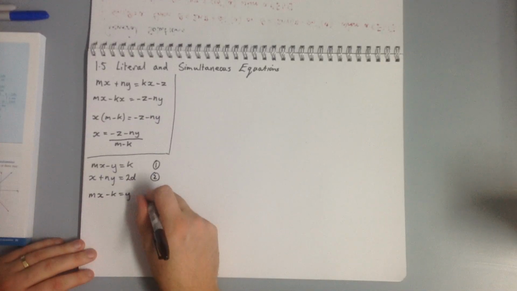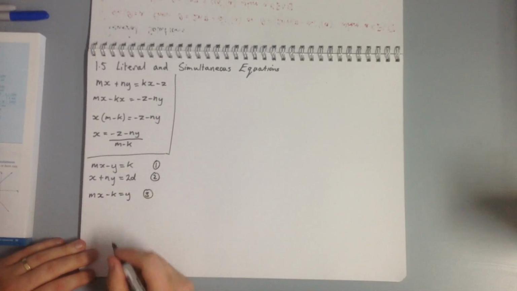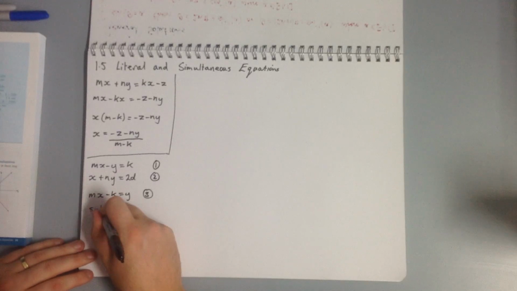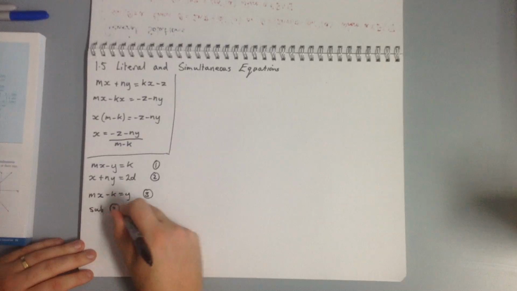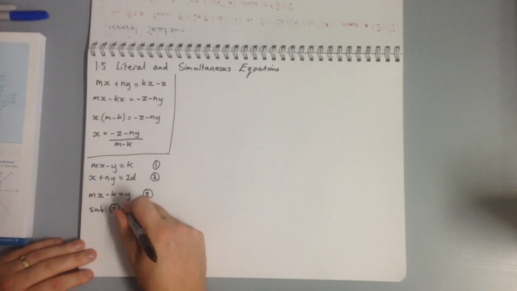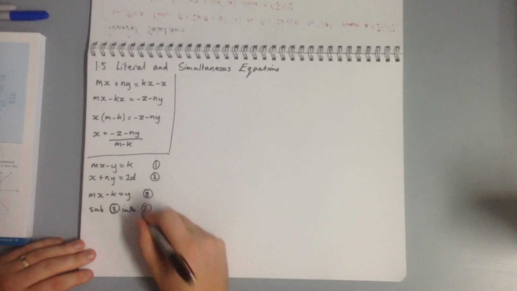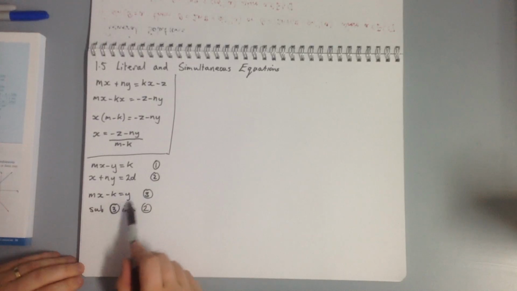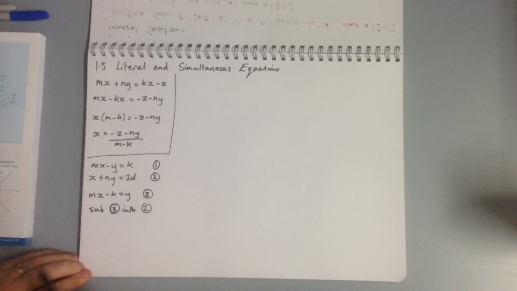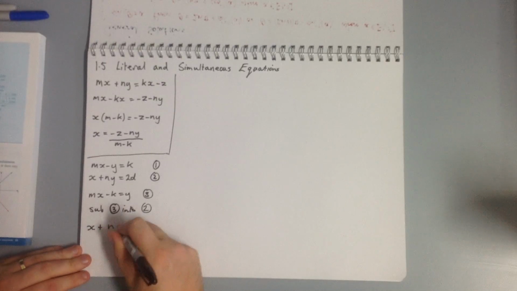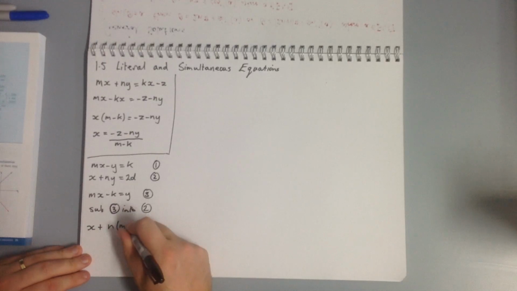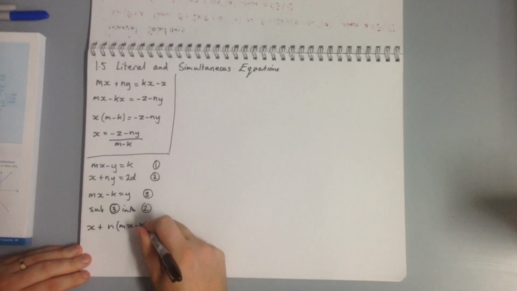I might call that equation 3. Now we're going to sub 3 into 2. Wherever we've got a y in this equation, we're going to put in this, so we get x plus n times mx take k